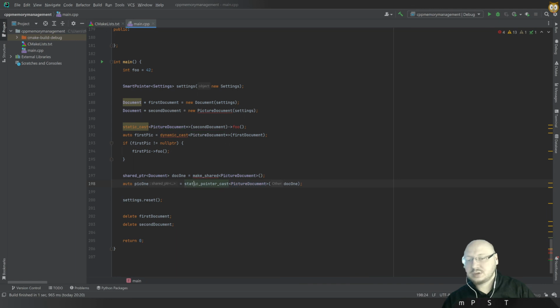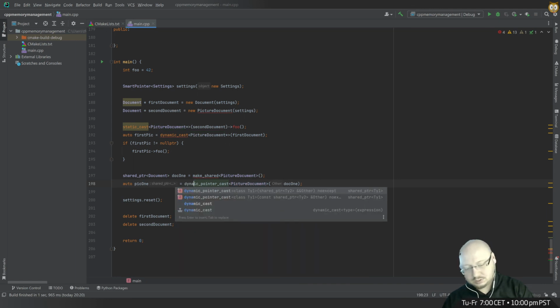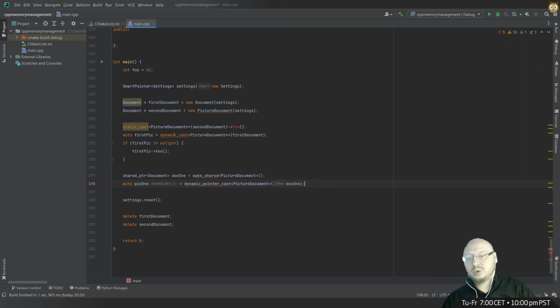And then there is also dynamic pointer cast, which gives you null back, or rather a shared pointer containing a null pointer if it's not the right type. So you can just go if pick one not null pointer, then